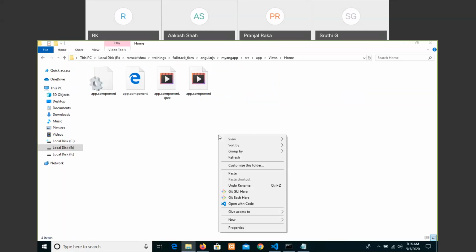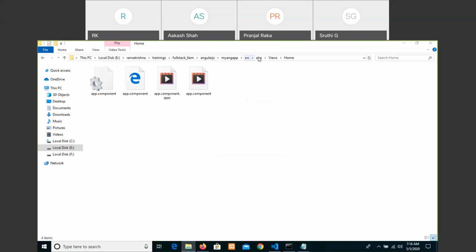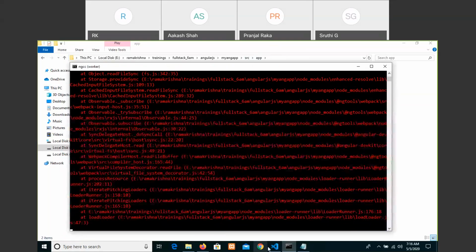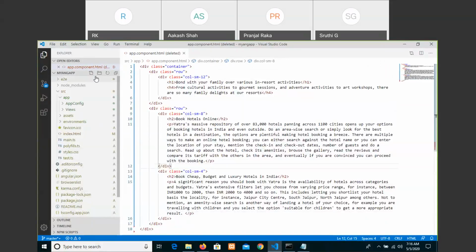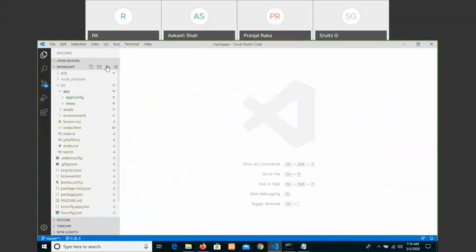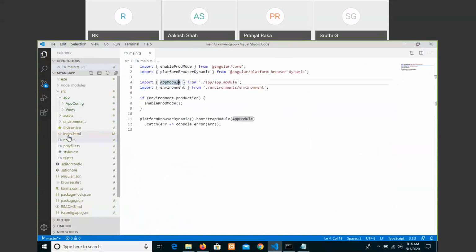As the links are changed here and there, obviously we will be getting a number of errors, so let us rectify them. First go to the main.ts file.